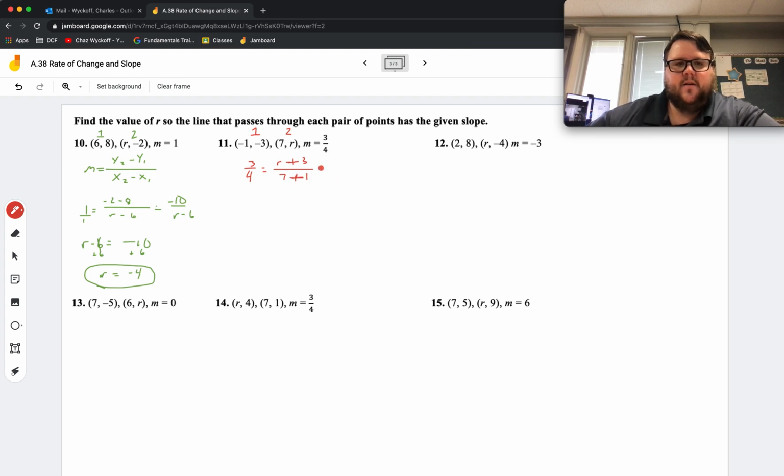So I get r plus 3 on the top over 8. And so now I'm going to cross multiply. So 3 times 8 is 24 equals 4 times r plus 3. So I'll write this out for you guys. 4 times r plus 3. So 24 equals 4r